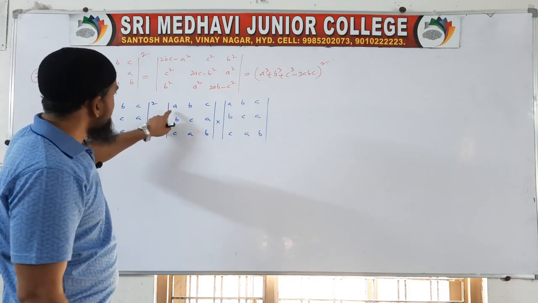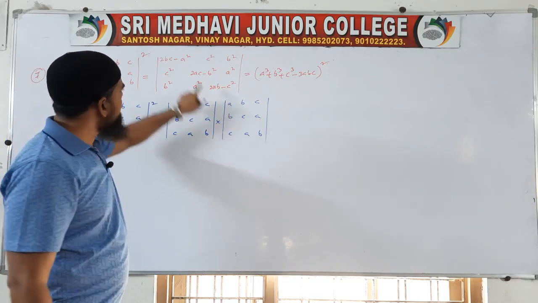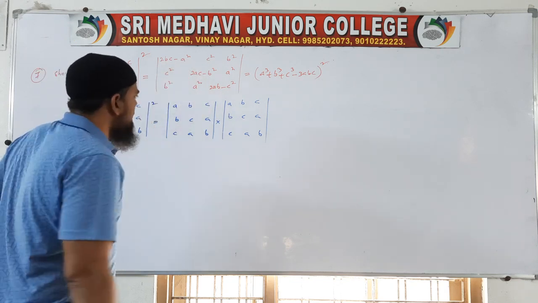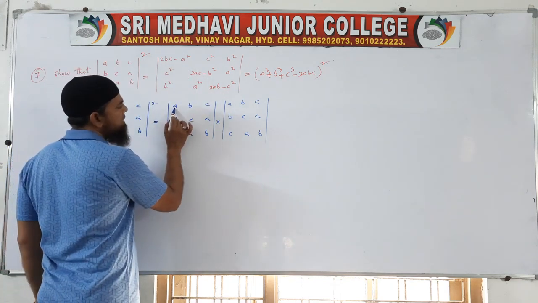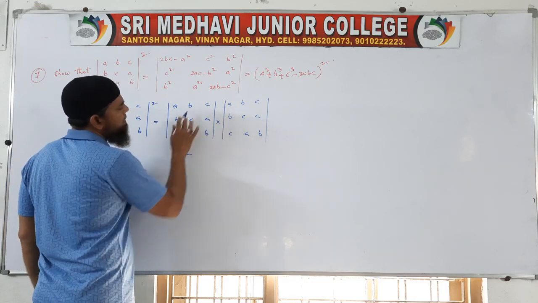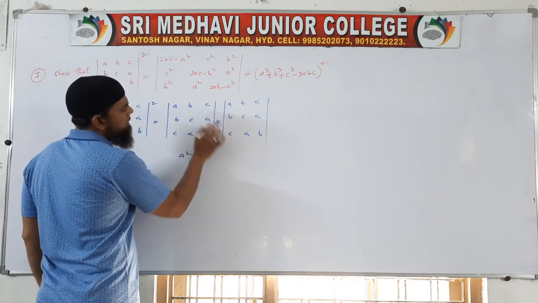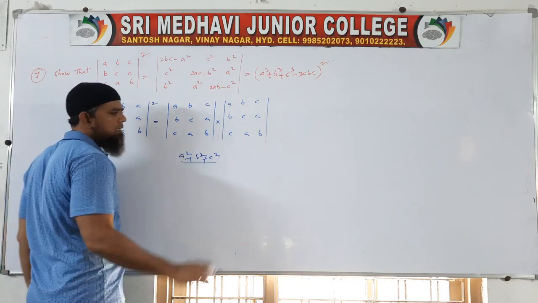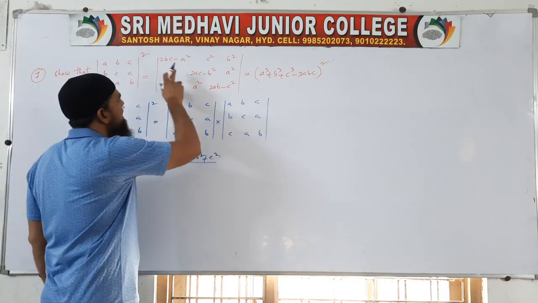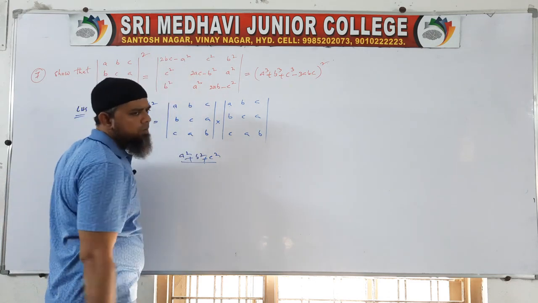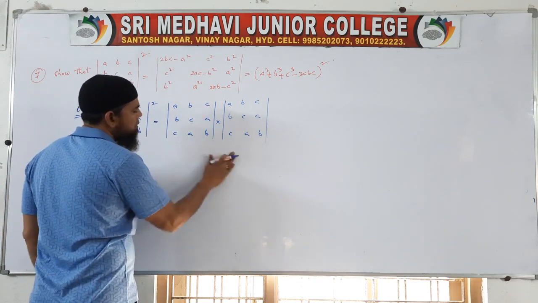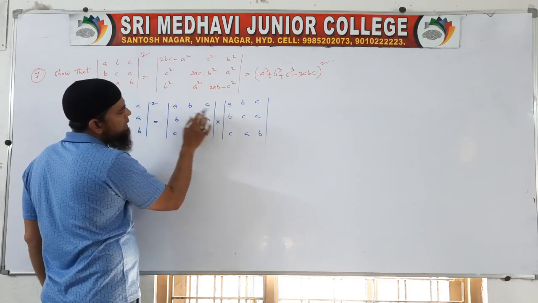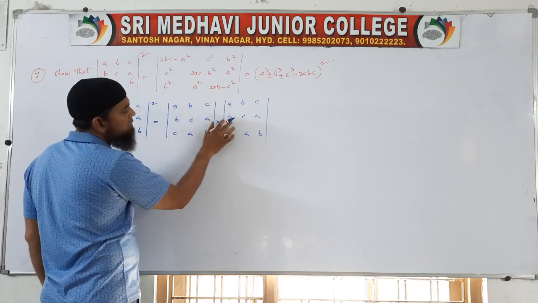Like what you know, if I multiply first row with first column, then we should get 2bc minus a square. Actually this is the answer here. But when I multiply, a into a square, b into b square, c into c square, we are getting a square plus b square plus c square as the first element. But I observe I want 2bc minus a square. So what to do? A into a square is okay, but b into b square we don't want, b into c we want.